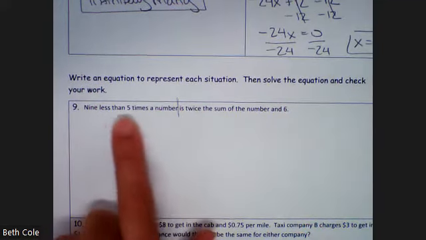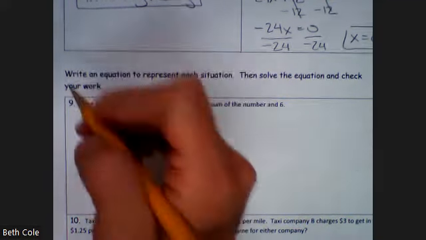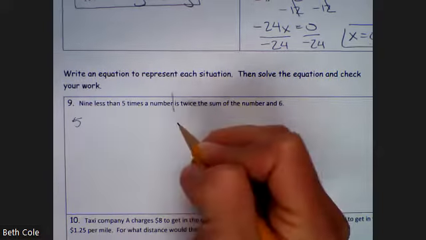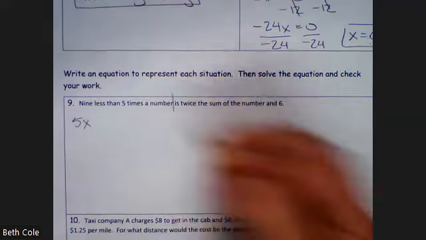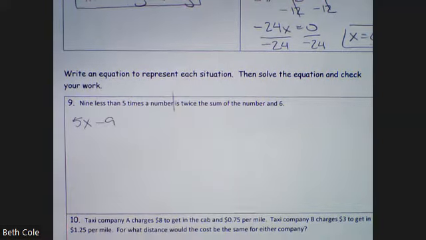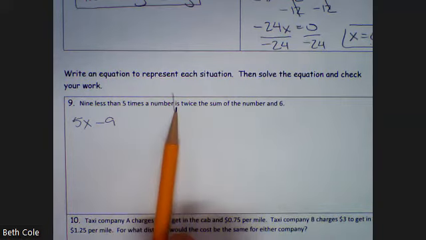How would I write that? Well, it's going to be 5 times x minus 9. Good. We want 9 less than. It's like if I said I was 9 inches shorter than somebody. I mean, I'm short, I'm not that short, but if I was 9 inches shorter than you, you would take your height minus 9. So 5x minus 9 is, so what comes next? Good, equals